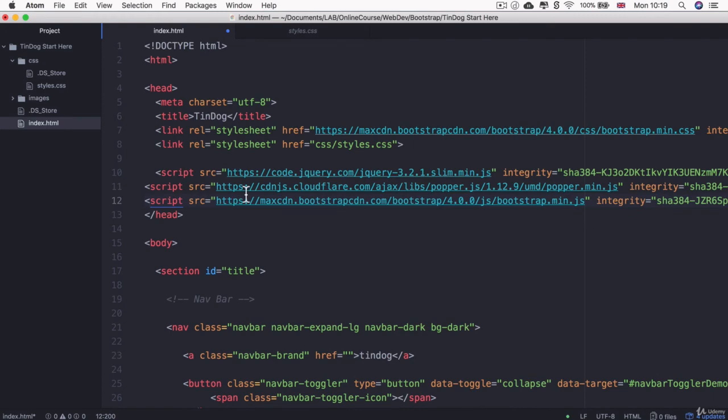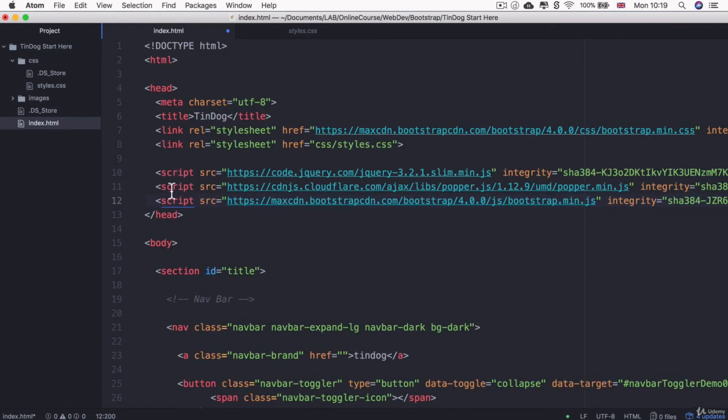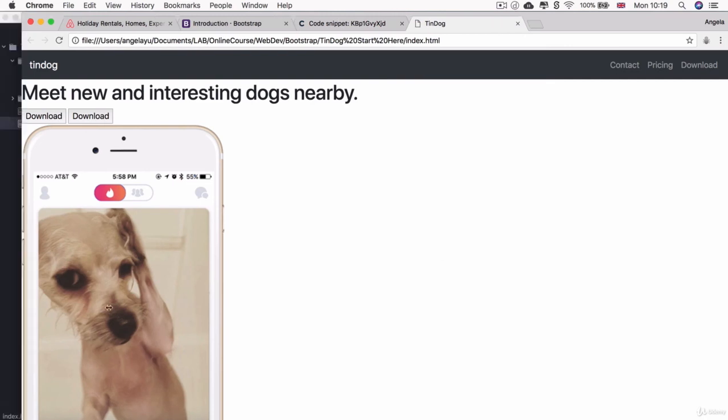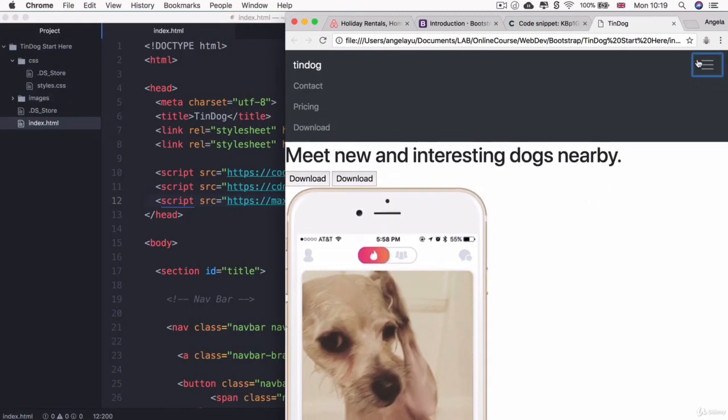Now, in the coming lessons, when we talk about JavaScript and jQuery, we'll dig into these script tags and the optimal ways of adding JavaScript to our website in a little bit more detail. But for now, we're just going to leave our script tags here. And if we hit save and go back to our website and refresh it, you'll see that now our collapsible